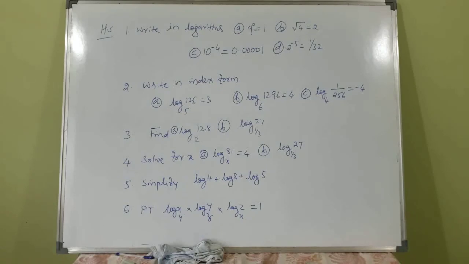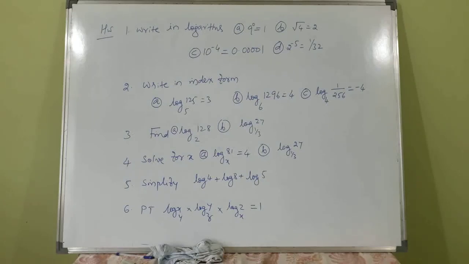You have solved this type of example just now. Then the third question is log of 128 to the base 2. You have to find the values. Log 27 to the base 1 by 3. Solve for x. In the second part, log 27 to the base 1 by 3, you have to equate that to x and then find the value.